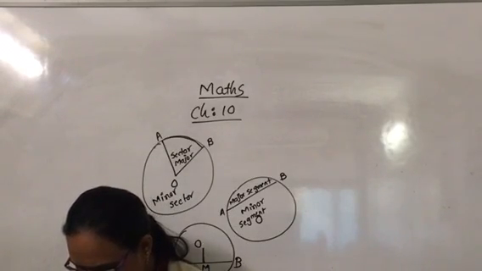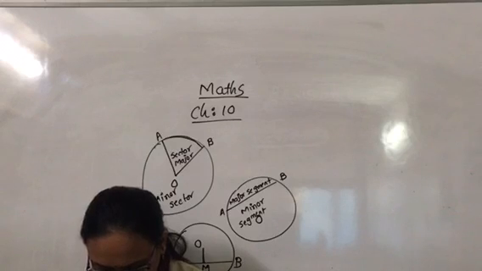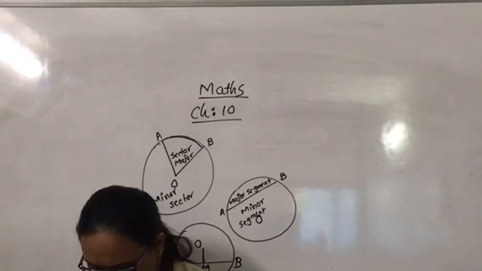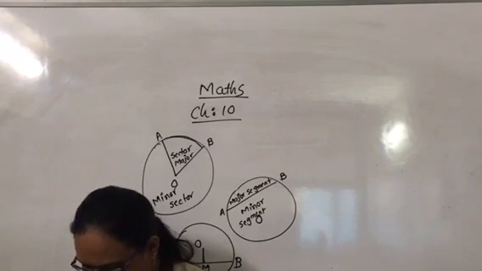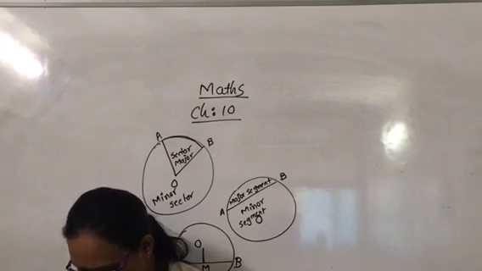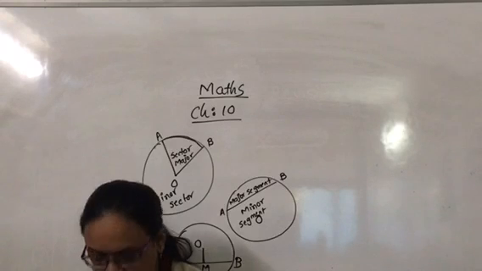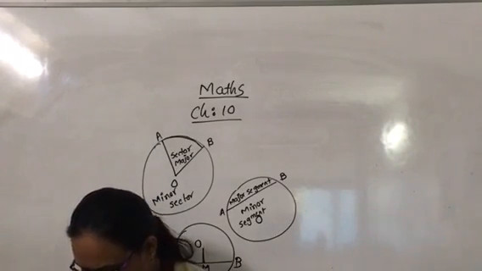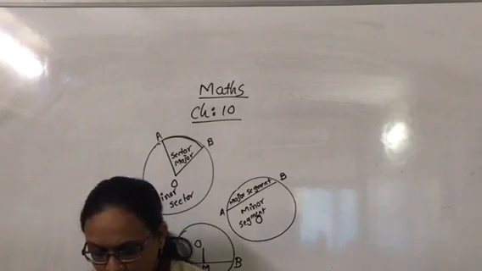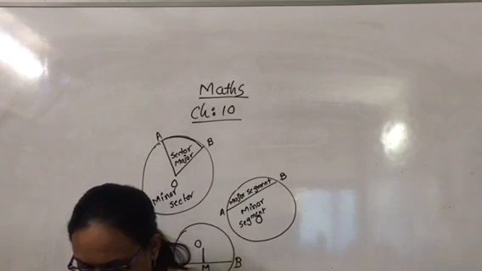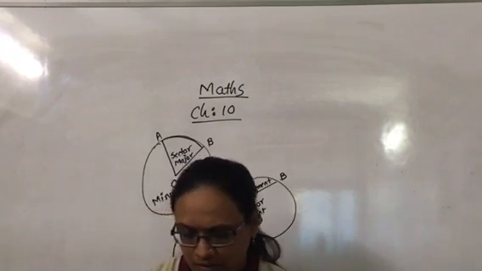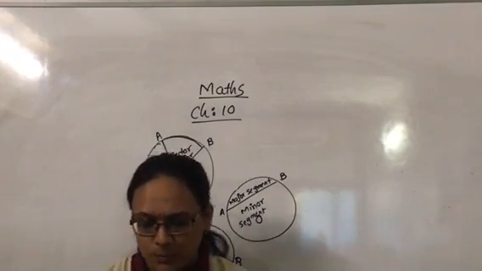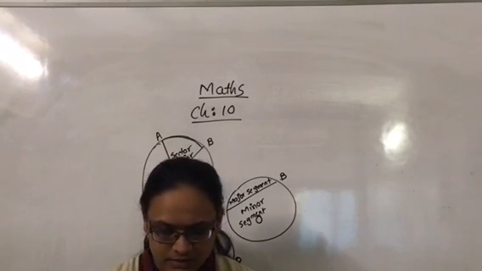As in the case of the radius, the word diameter is also used in two senses, as a line segment and also as its length. A diameter is the longest chord, and all diameters have the same length, which is equal to 2 times the radius. In figure 10.5, AOB is a diameter of the circle.